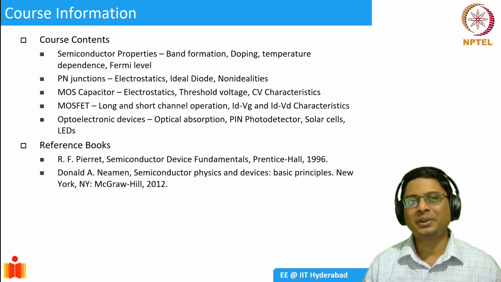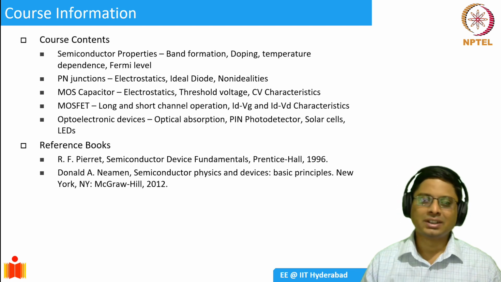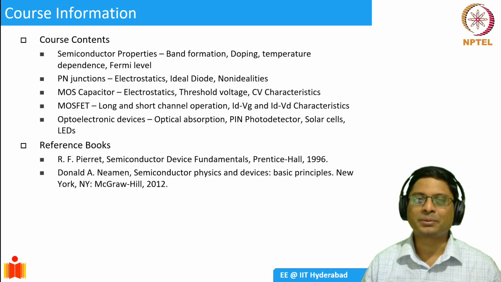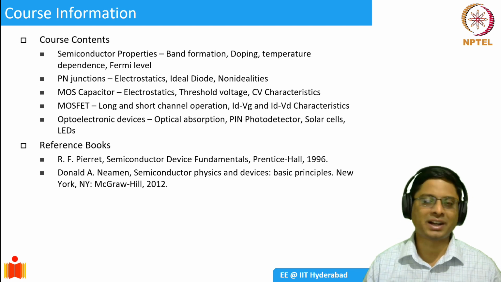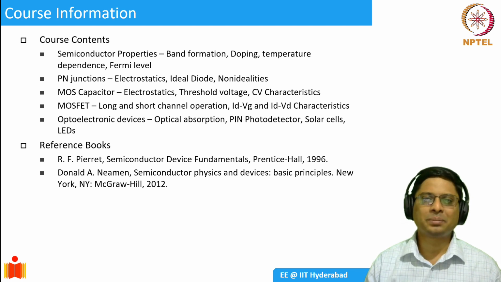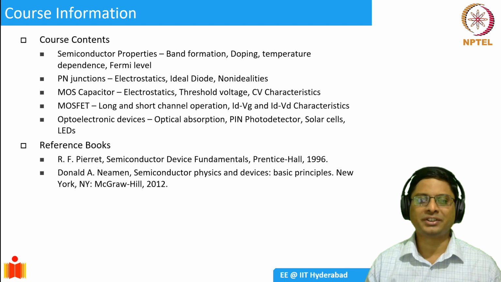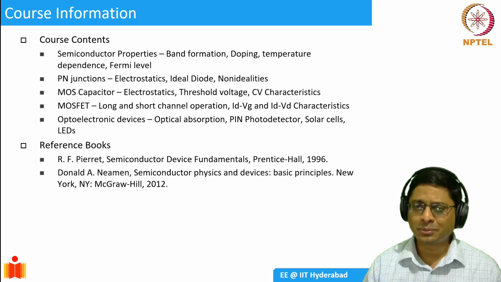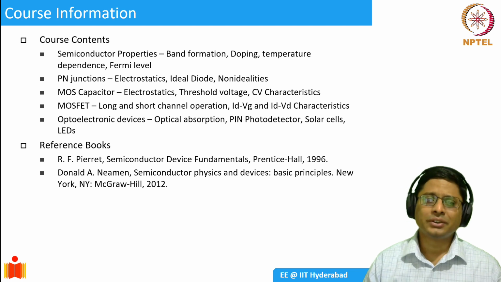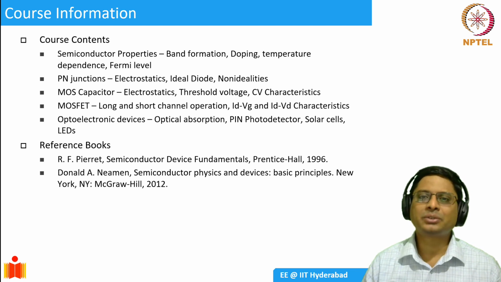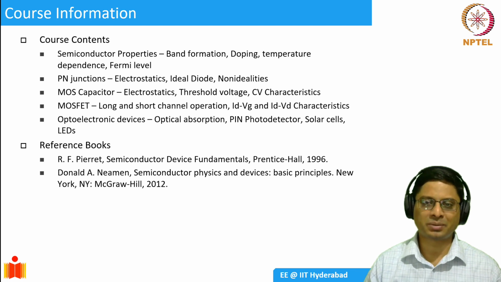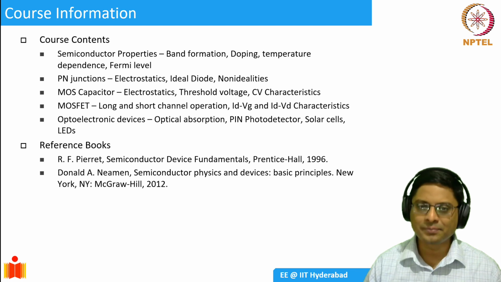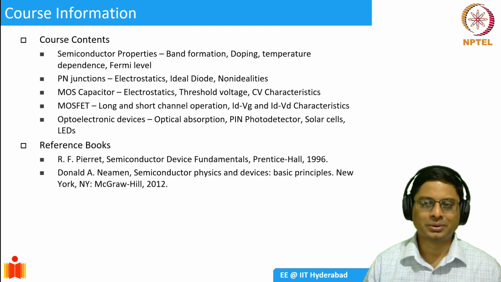So the books we will use in this course are essentially two. I'll pick up a lot of concepts from Semiconductor Device Fundamentals by R.F. Pierret, and I'll also pick up some elements from Semiconductor Physics and Devices by Donald Neamen. These are essentially reference books. There are a lot of other books as well, like Streetman and so on. So for the purposes of this course, we will try to put as much material as required in the slides and the notes we are supplying, so that if you want additional information, you could go to these books and you can learn more.